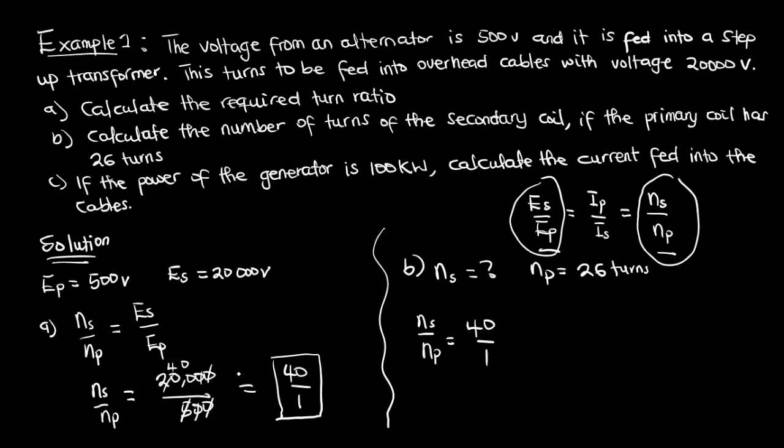40:1. Okay, from the A aspect. So if that is the case, then we can say this implies that our NS we still don't know, so we maintain our NS, but our NP has been given to us as 26. So this will be equal to 40 divided by 1. So from here we cross multiply. This will multiply this, this will multiply this. So I have NS multiplied by 1 is equal to 26 multiplied by 40. Are we okay? So from there, 26,